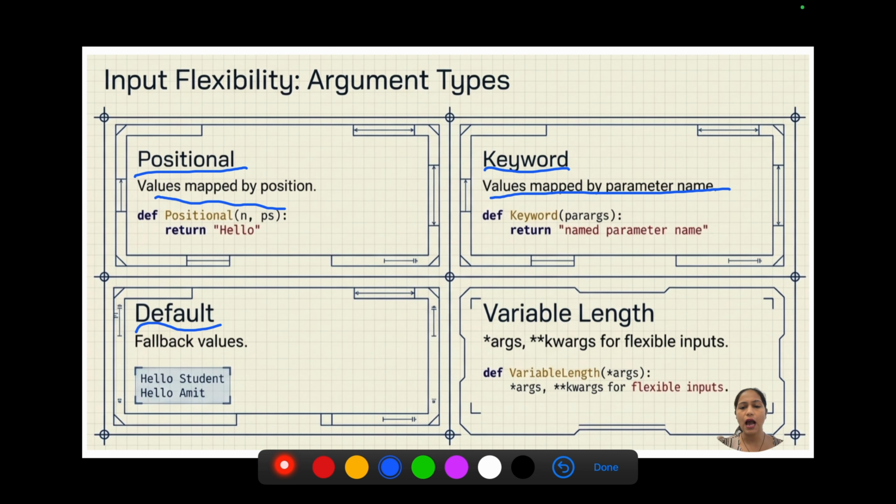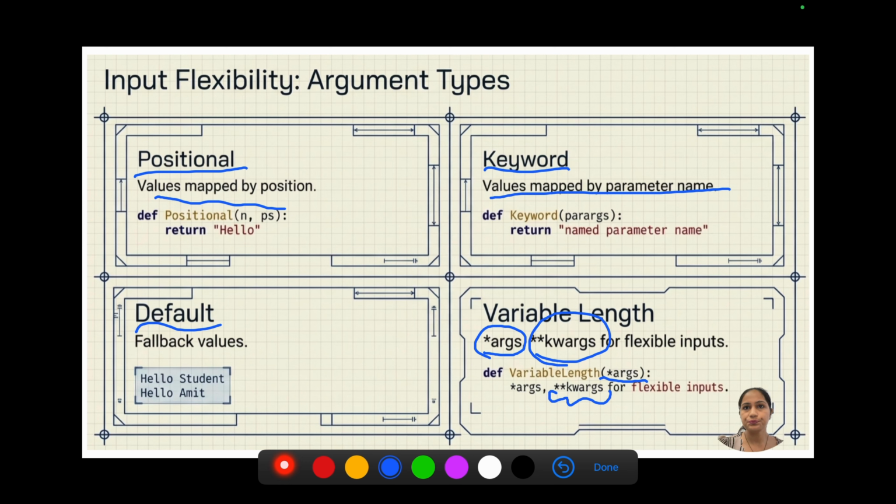Next is the variable length argument, which is used as args or kwargs. This is for flexible input length. The args syntax accepts any number of positional arguments. If you have written kwargs, it is for keyword-based, any number of keyword arguments. These features are especially useful when designing a reusable library.